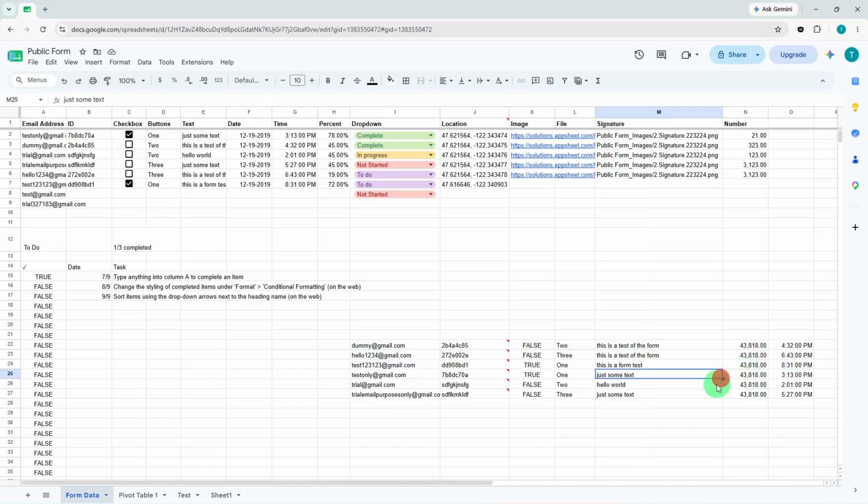Now, for the viewers who want to go deeper, here's why this matters and how to avoid common mistakes. The sort function is dynamic, so if you later add a new row or edit a value in your source data, that sorted table updates automatically. This is the key difference between using a formula and using the sort range option from the data menu, which permanently rearranges your original sheet. If you've ever accidentally overwritten important data by sorting a whole sheet, you'll appreciate how the formula keeps a clean,